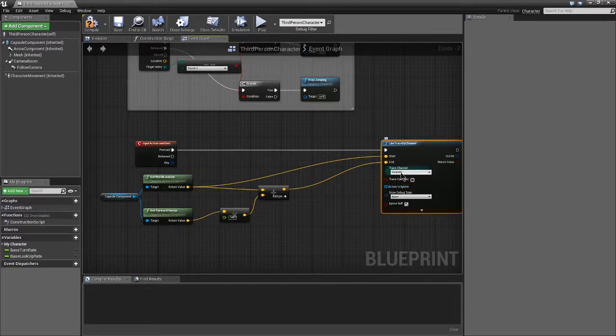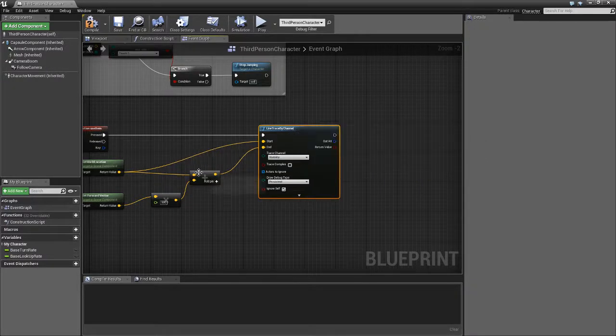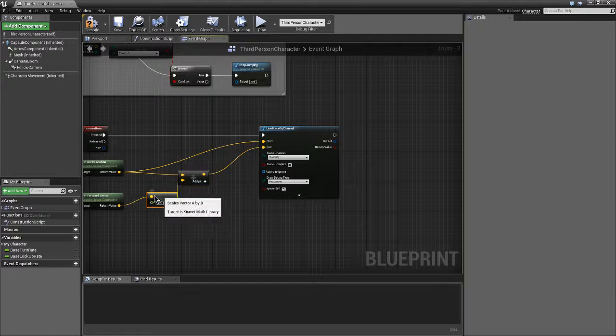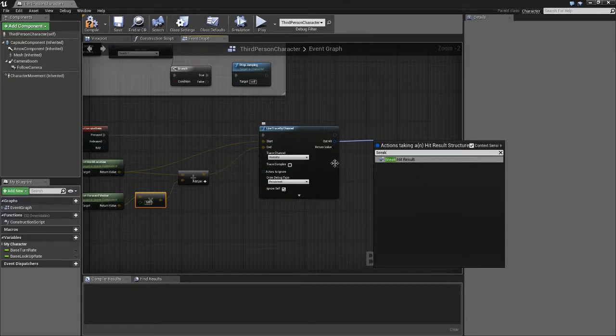We're going to trace via the visibility channel. We've got nothing to ignore, but we will turn on the debug option just to make it a little easier to see what's happening, and we'll ignore ourselves because we don't want to catch our own hands or arms or weapons or whatever that's within the third person character. The out hit will break apart using the break